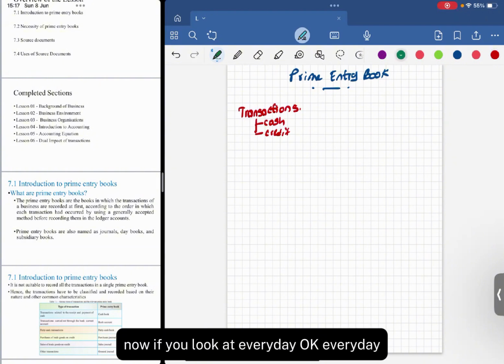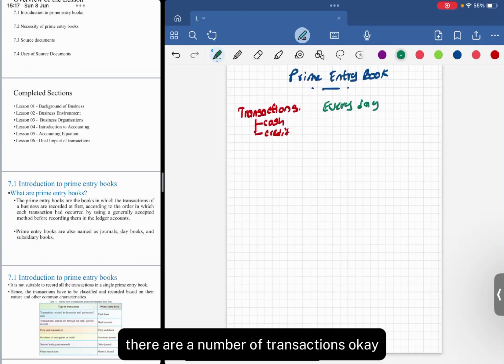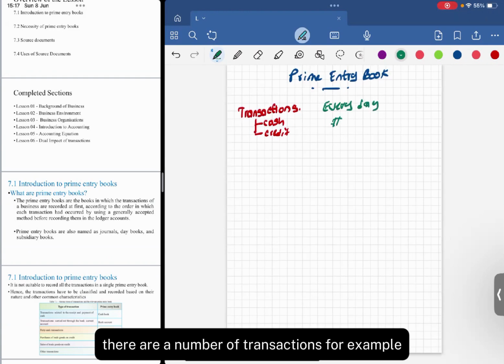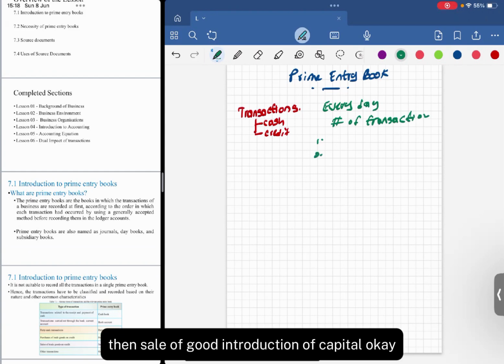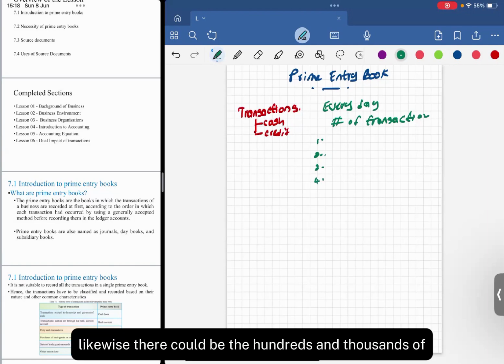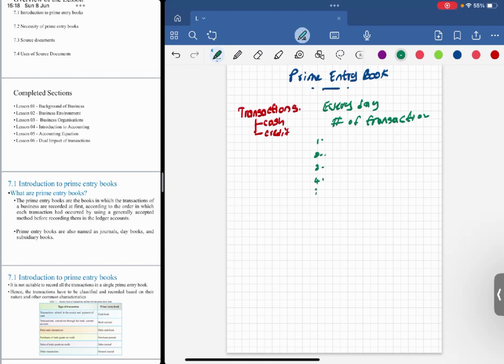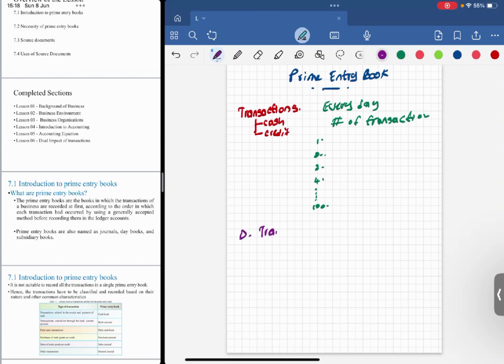Every day there are a number of transactions. For example, purchases of goods, sale of goods, introduction of capital, payment for rent. Likewise, there could be hundreds and thousands of transactions. Now what we do is first we record these transactions